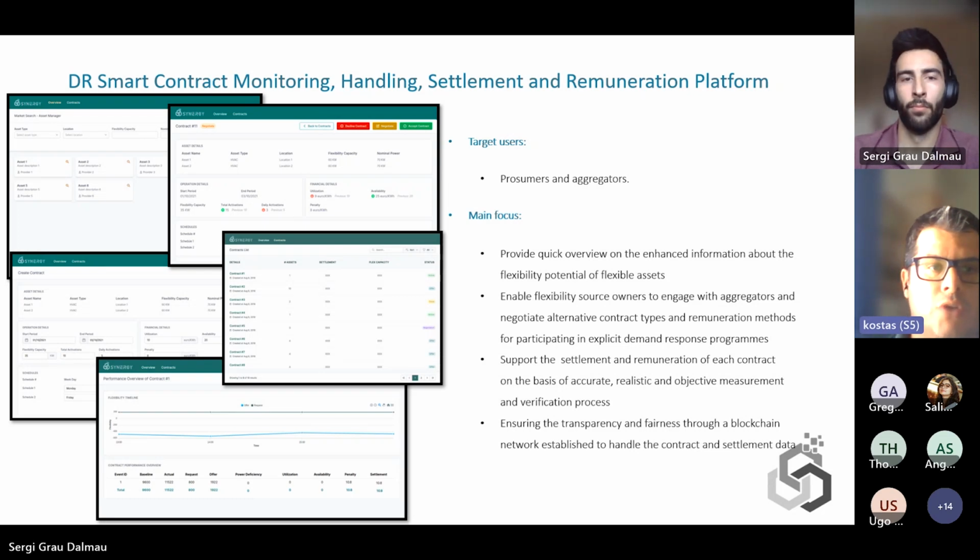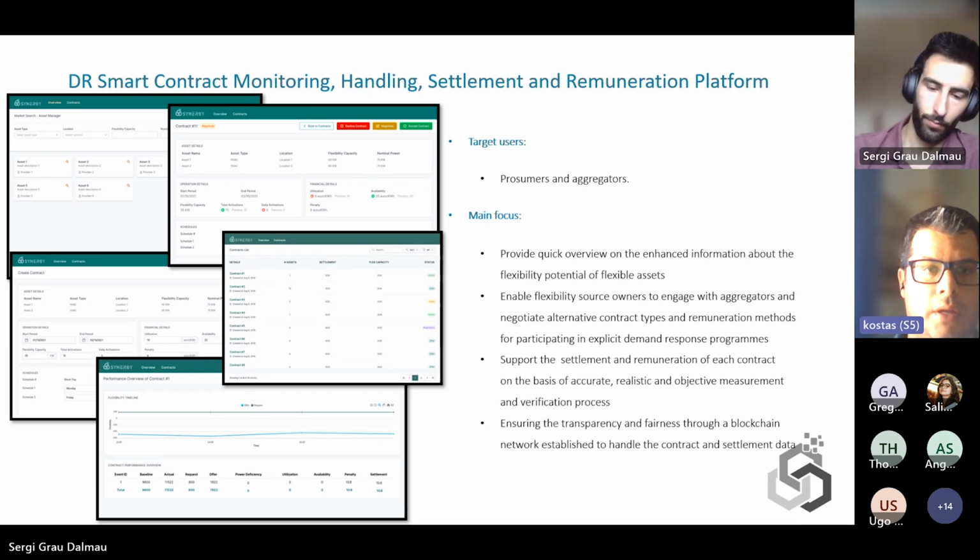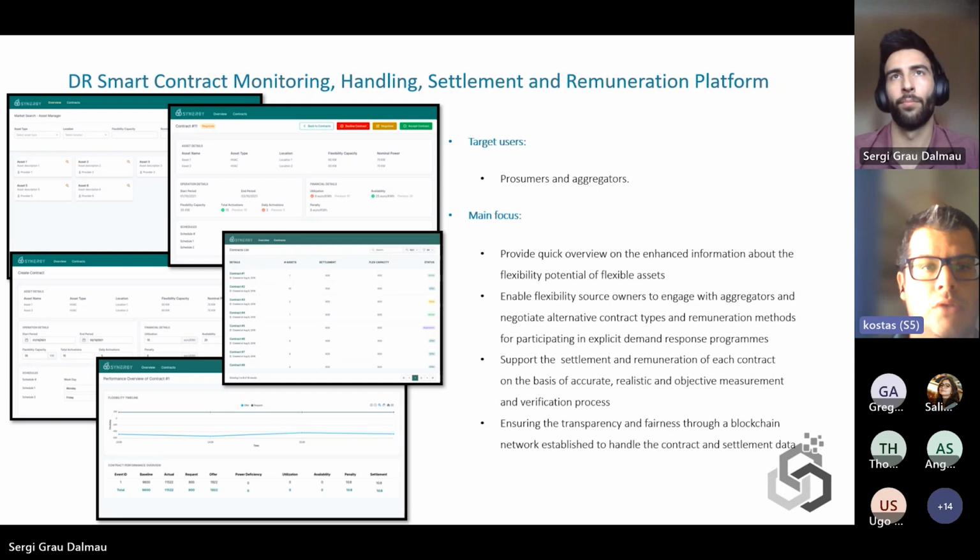And once this contractual agreement has been established, and each flexible asset may participate in different flexibility service provisioning, we ensure at the end that a fair settlement and remuneration process is established on the basis of standardized measurement and verification methodologies, in order to ensure that at the end, each flexible asset is promptly remunerated for the provision of the different